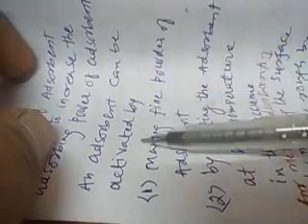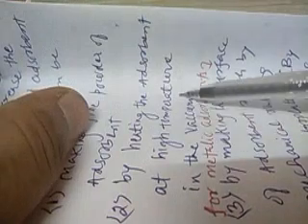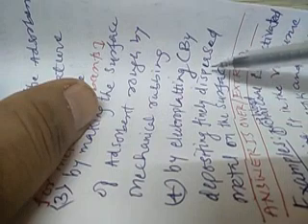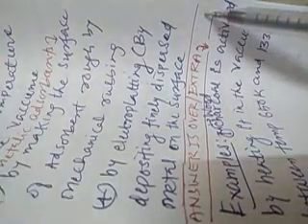An adsorbent can be activated by, number one, making a fine powder of the adsorbent so that the surface area can be increased, or by heating the adsorbents at high temperature in a vacuum. For metallic adsorbents, we use the method of making the surface of the adsorbent rough by mechanical rubbing. And the fourth method is by electroplating, or by depositing a finely dispersed metal on the surface. So these are the four methods by which we can activate any kind of adsorbent. Now the answer is over.